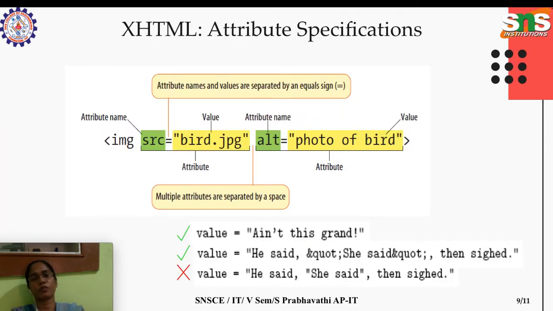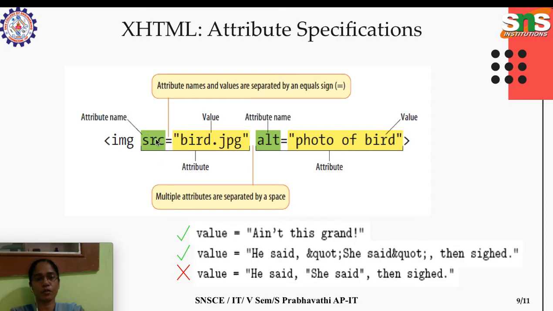And talking about the attributes. Attributes means, in this example, image is an HTML element. It is used to display an image. So to display an image, we need to mention which image. We need to mention the value, and that is said to be the value for the attribute.